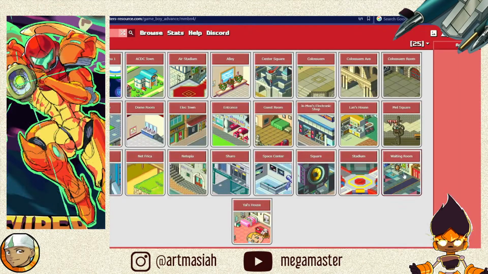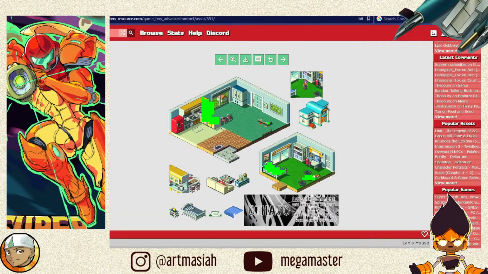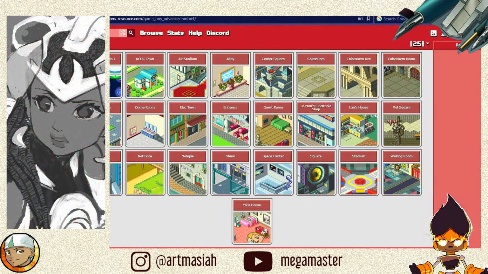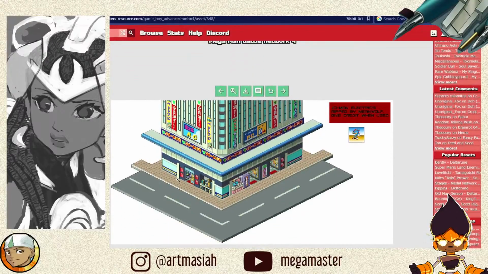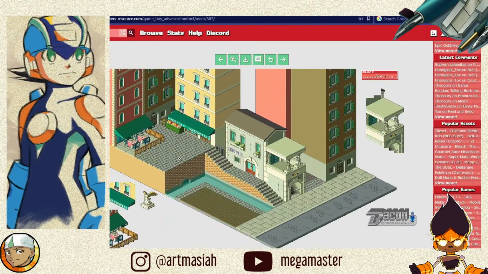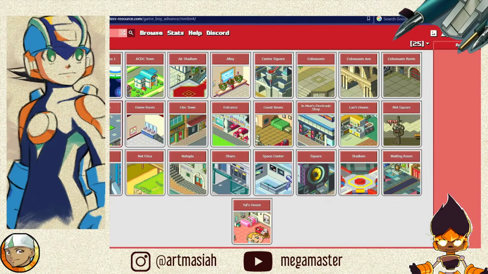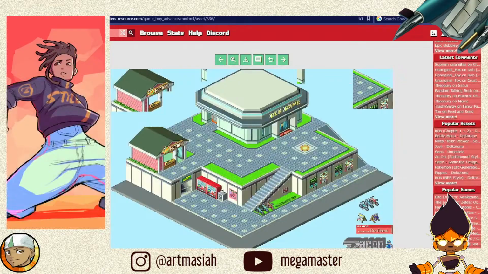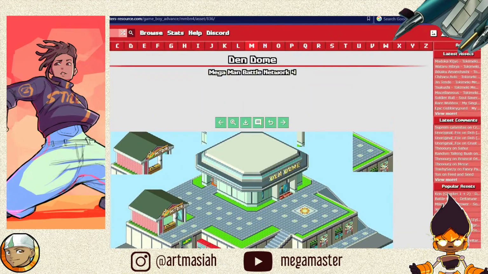I'm seeing a lot of stuff that I can potentially use. Land's house, that's some pretty nice sprite work as well. That's actually a really cool and detailed building. Yeah, there's some great sprite work in this game. Wow, yeah, I like this stuff. We might be able to make use of a couple of these assets.